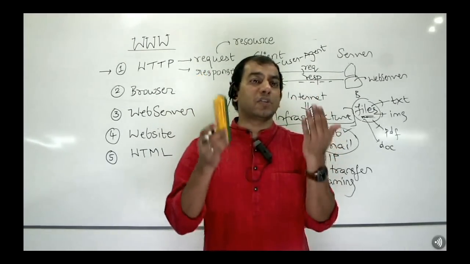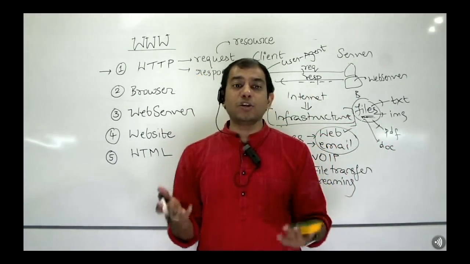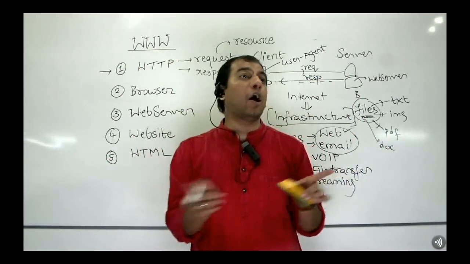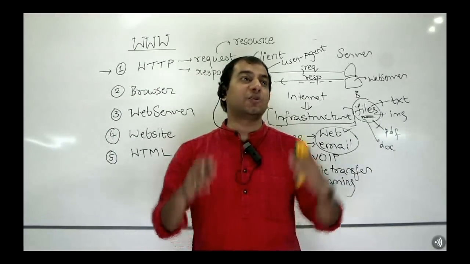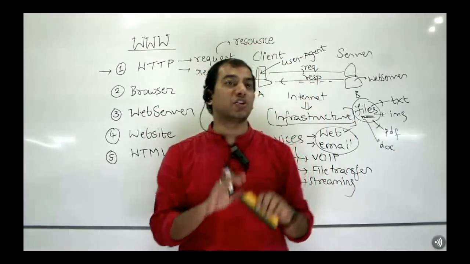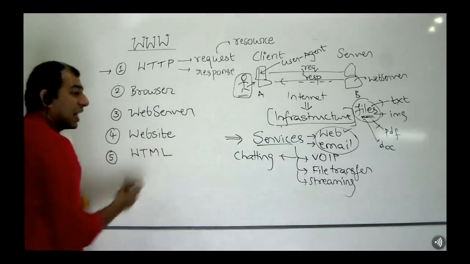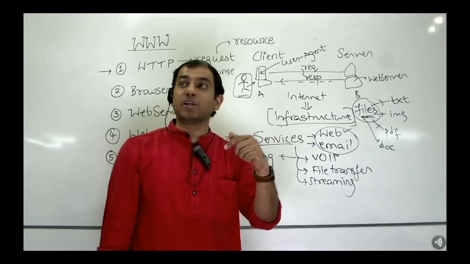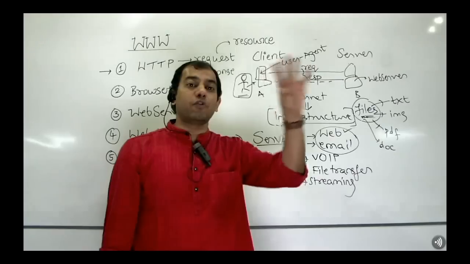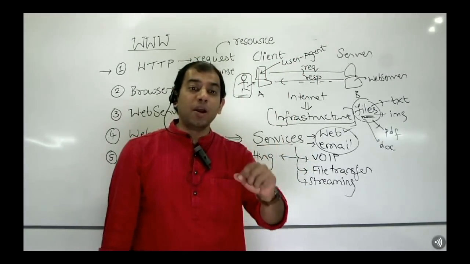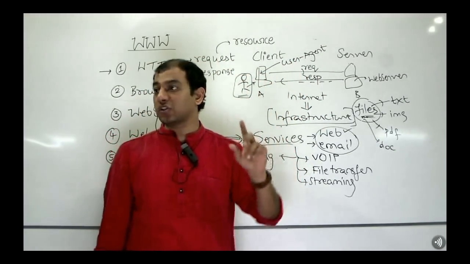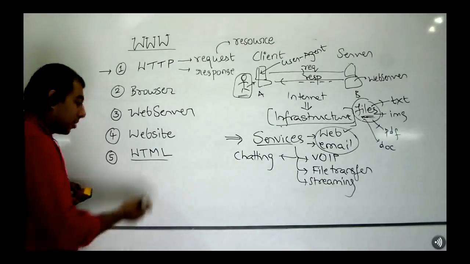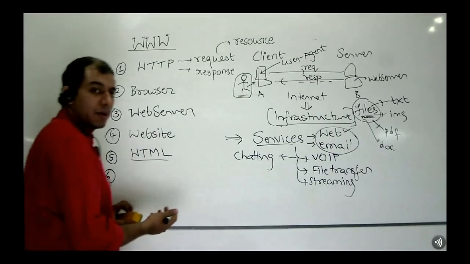HTML is what is used to create a web page, and a web page will typically have connectors connecting all the different resources. Such a web page is what we call as a home page. Yes. So what is a website? A website is a collection of resources centrally connected to a home page. It is the home page which will describe all the resources and give you pictures of the resources, etc., and give you the ability to request for any of those resources as well, isn't it? So that's what is a website, consisting of a web page. Web page is built on HTML. We'll talk about that. But then what should this HTML web page tell you?